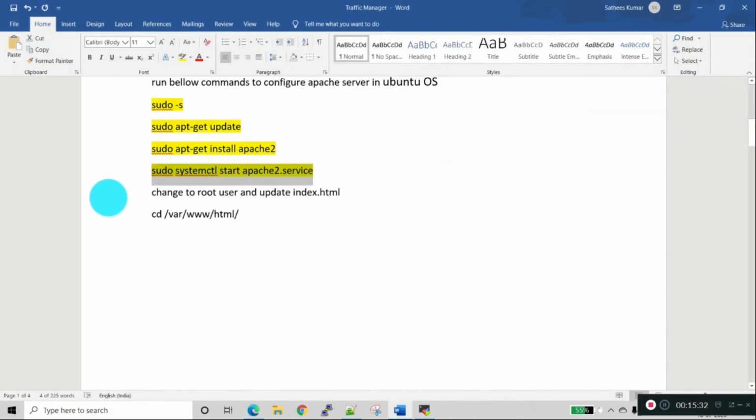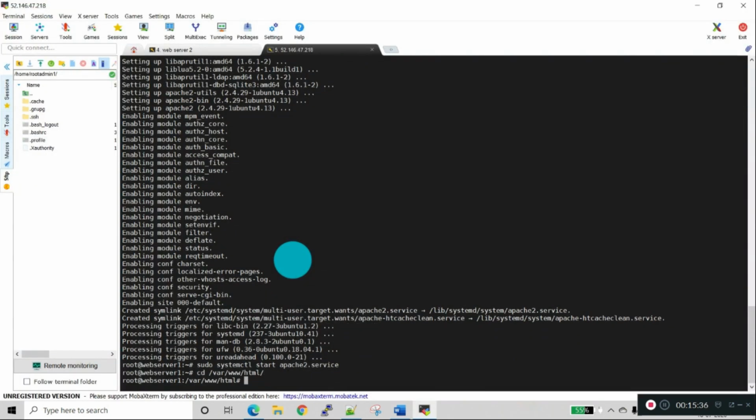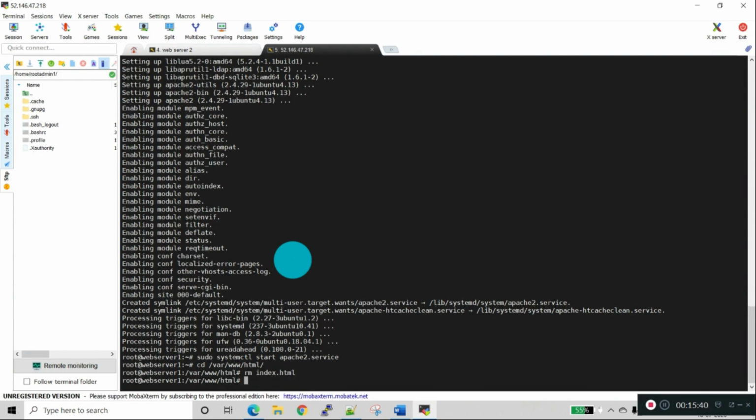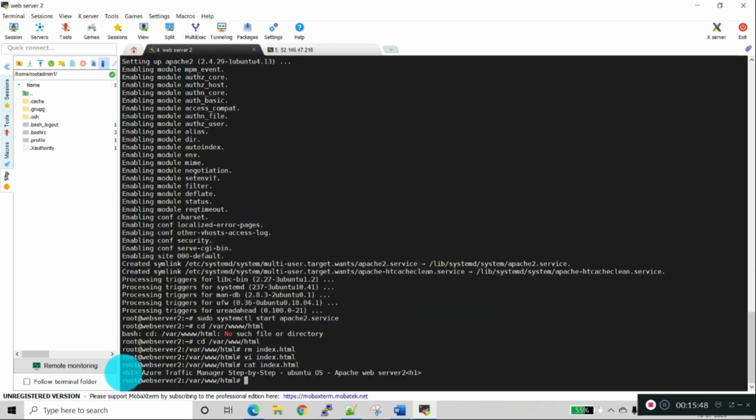So let's change the index.html. So copy from here.